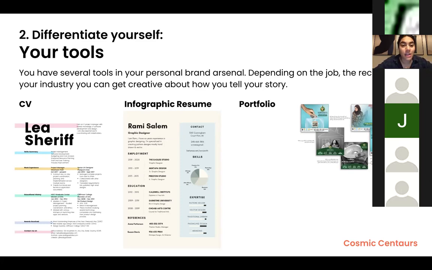My stepmom does a lot of pottery. It's part of her portfolio, it comes with her whole package. She comes to work and she has the stains of the clay on her, and that's part of who she is, and they love it because it suits the industry. She's an interior designer.